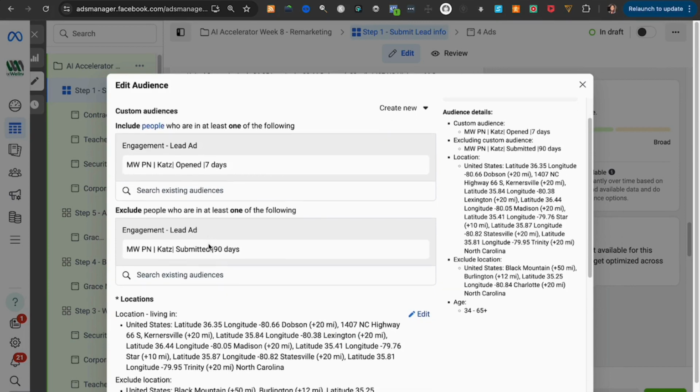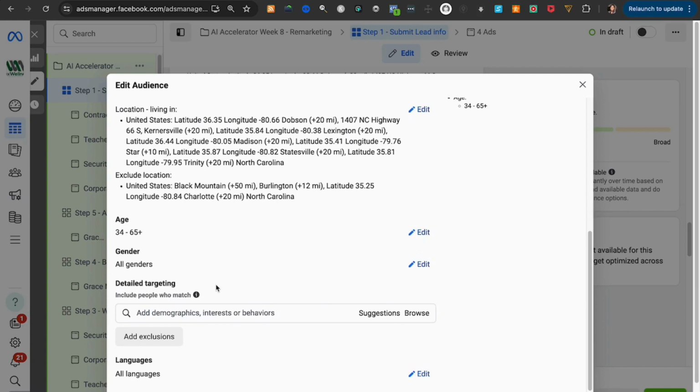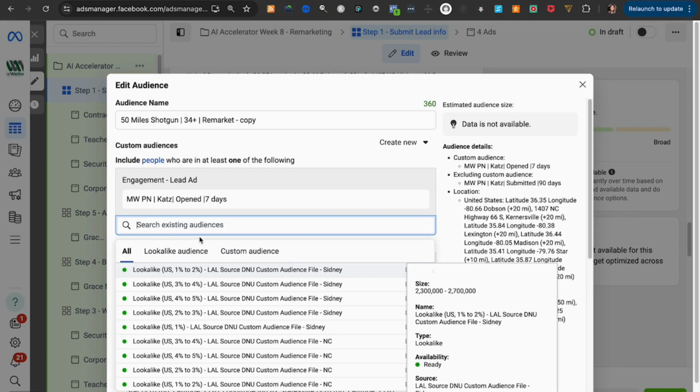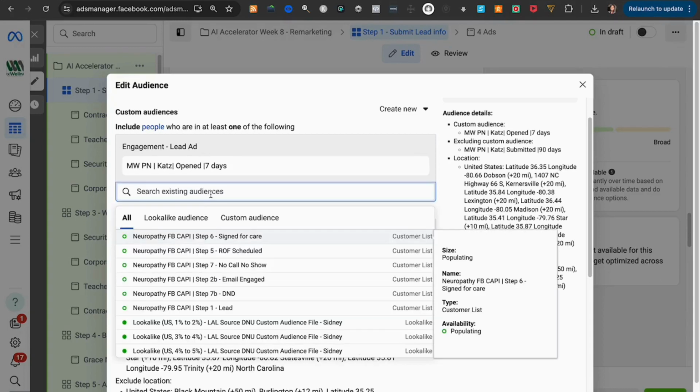In the ad set, I'm able to come in and, where is this? Custom audiences, where are you? Custom audiences here. So I'm able to search for my custom audiences. I'll look for step 1. So we go ahead and find the correct step here. So we'll be able to target, let's see,